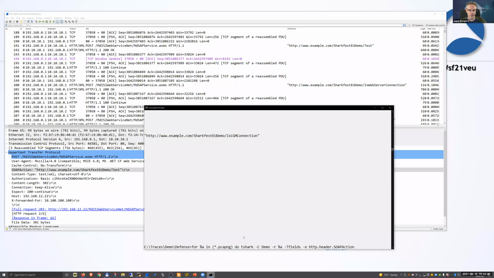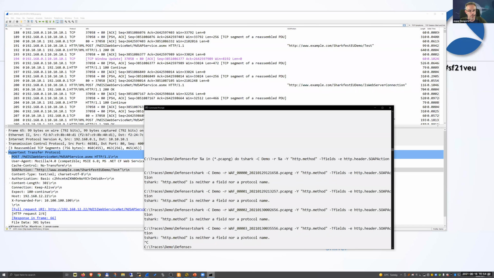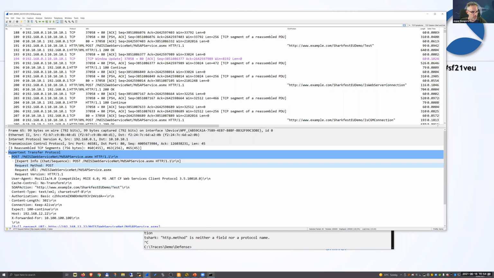So what I need to do here is tell it I want a filter, http.method, so that I at least only get, what's the name of this damn thing? I just want the POST fields, so I need request method.